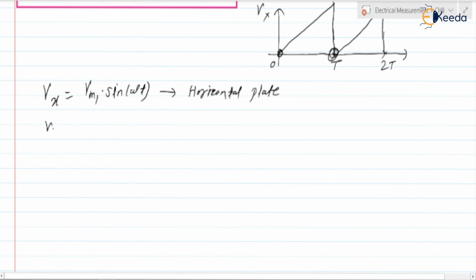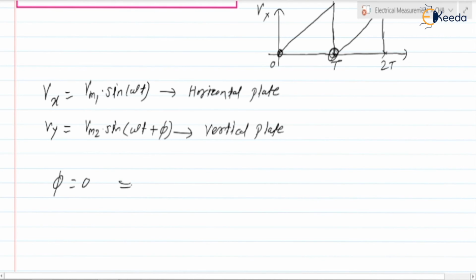Next, to the vertical plate we apply, suppose, Vm2 sine of omega t plus phi. What will happen? If phi is equal to 0, then on the cathode ray tube we will get this type of